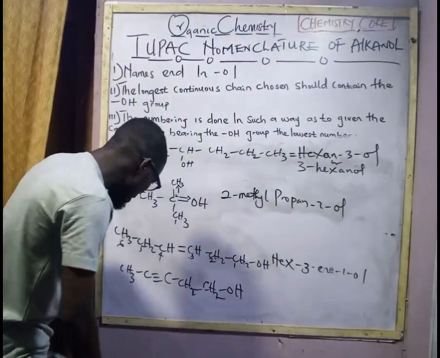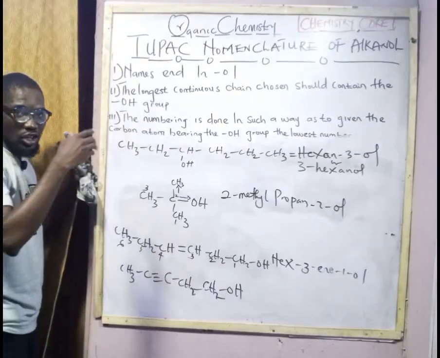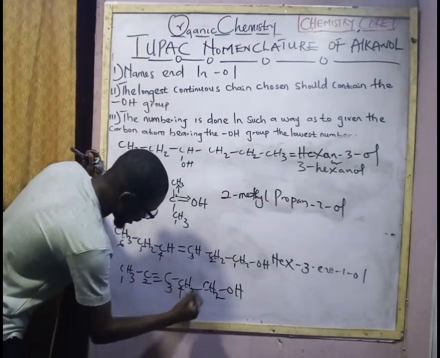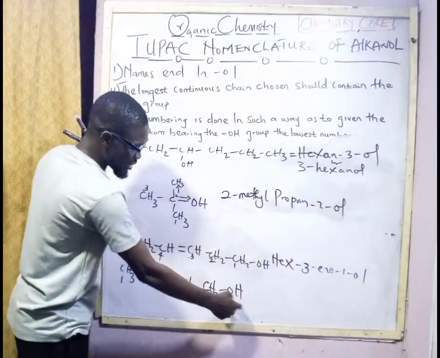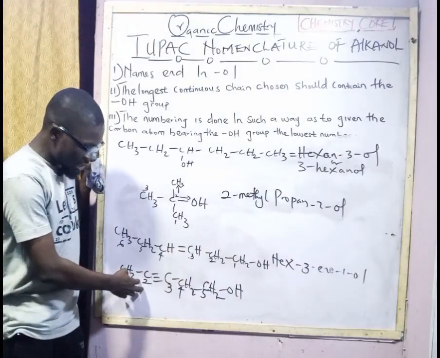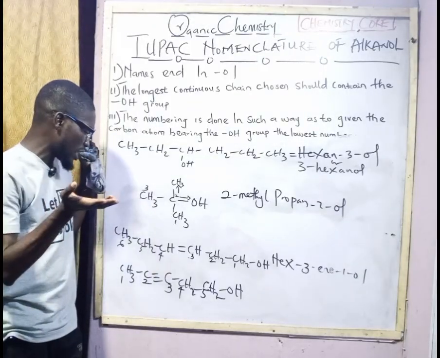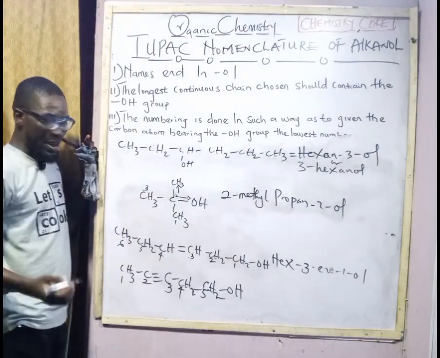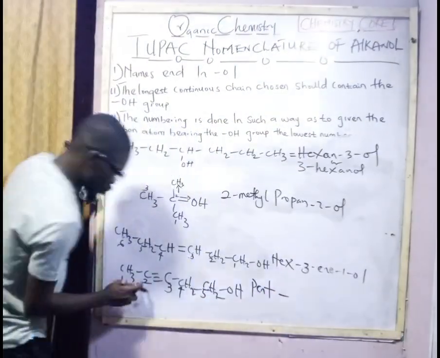So the last one is, okay, let's take a look at the numbering. Don't forget, I tell you guys that the double bond or triple bond will appear first. So we have 1, 2, 3, 4, 5. Now, 5 is attached to this functional group, but 2 is attached to what? This one. So if you are to name a compound like this, instead of having issue, you can say 5 is pent. So the same method, you can say pent-2